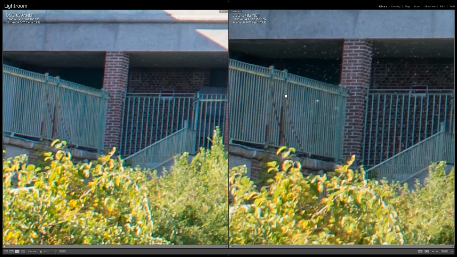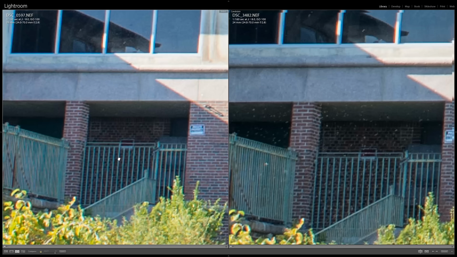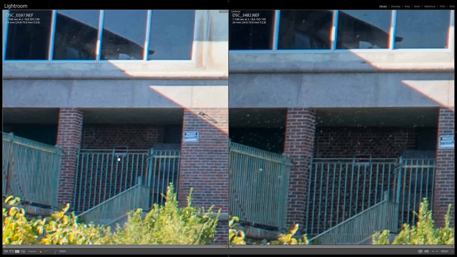Another point I want to bring up is the moire. If you look at the bricks here in the shadow detail and these vertical lines, you can see all these weird and unnatural colors, like all these greens and yellows, and they're not nearly as bad on the D810. So even though the D610 has that anti-aliasing filter, the D810 actually seems to do a much better job with those colors. Now let's get out of here and we'll wait until the sun goes down and see how they